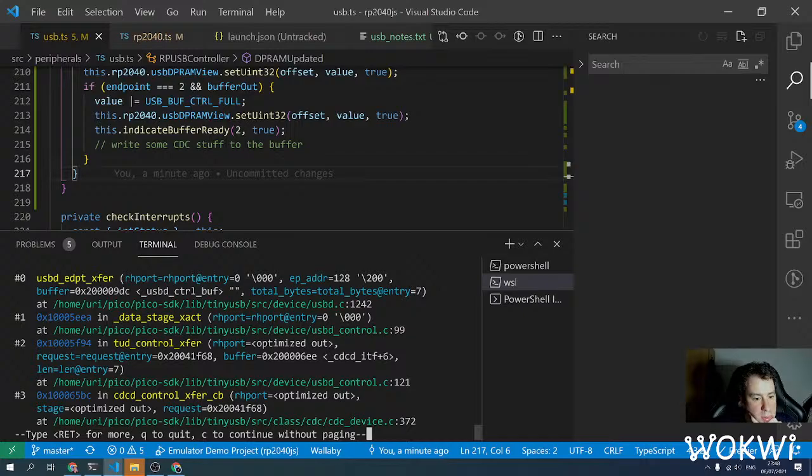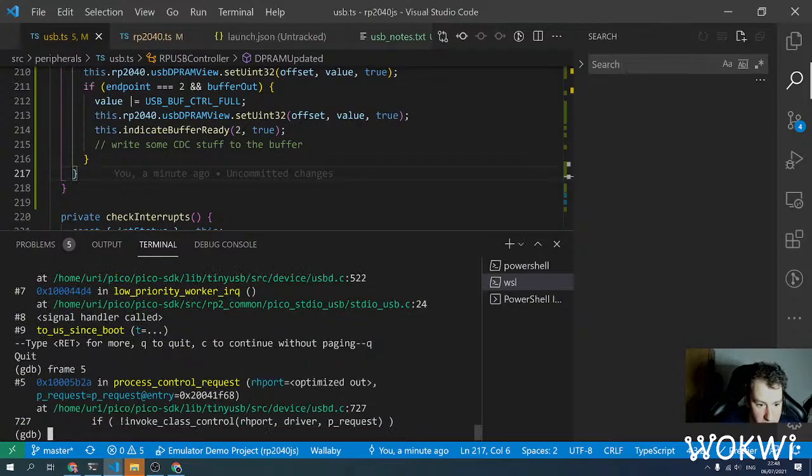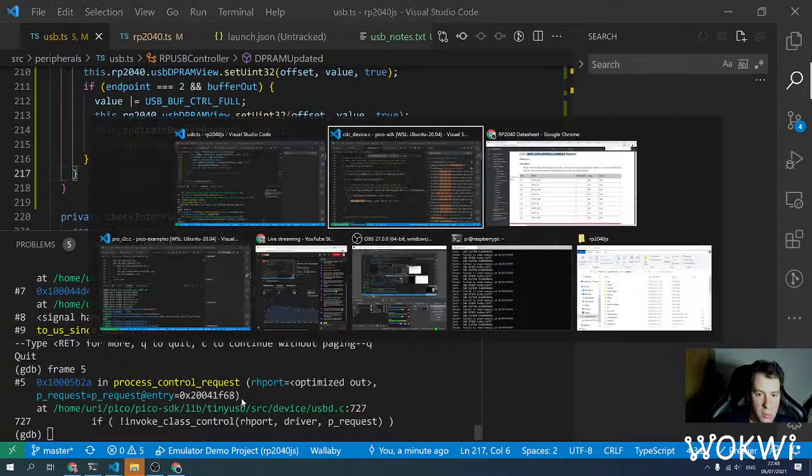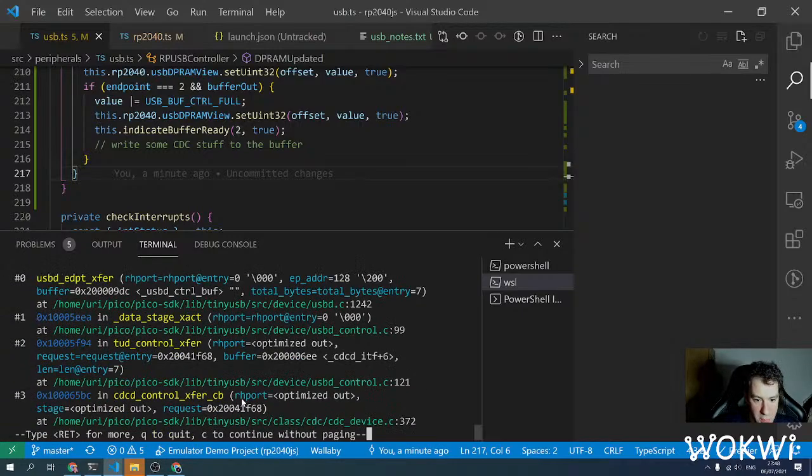So it's called from process control request, and there is this packet, probably control request, that correlates with opening this serial port,